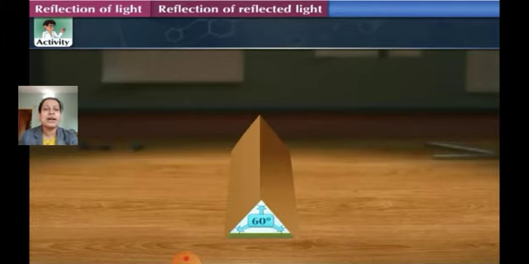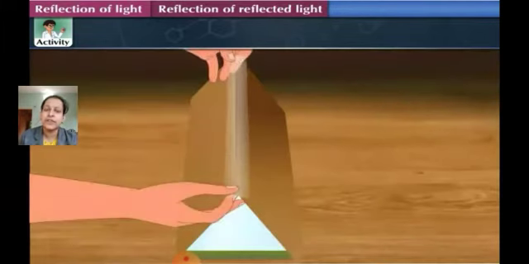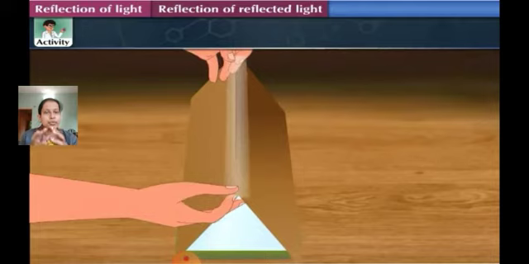Now once they are touching each other, you need to seal them with the help of a transparent tape. Once the transparent tape is put at all three edges, the mirrors will be fixed, so that they do not fall down and break. So you need to stick them together with the transparent tape. Once this is ready, you need to